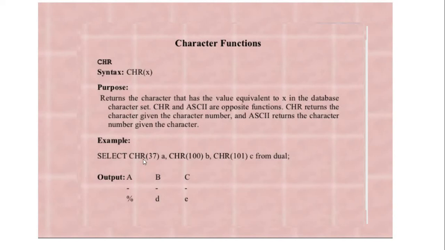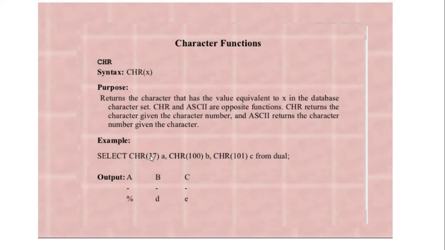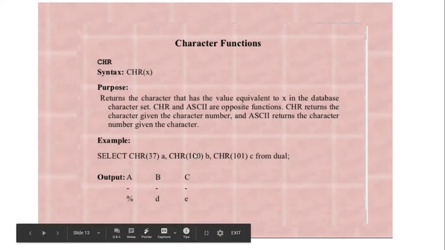That is, the outcome of CHAR 37 will be renamed as A, whereas CHAR 100 will be B, and CHAR 101 will be C. And here we are using this system table that is DUAL. I will be explaining that in the coming slides. So after executing this select command, we will see their corresponding characters. The character related to the ASCII value 37 is this percentage, whereas corresponding to 100 is small d, and corresponding to 101 is the lowercase letter e.